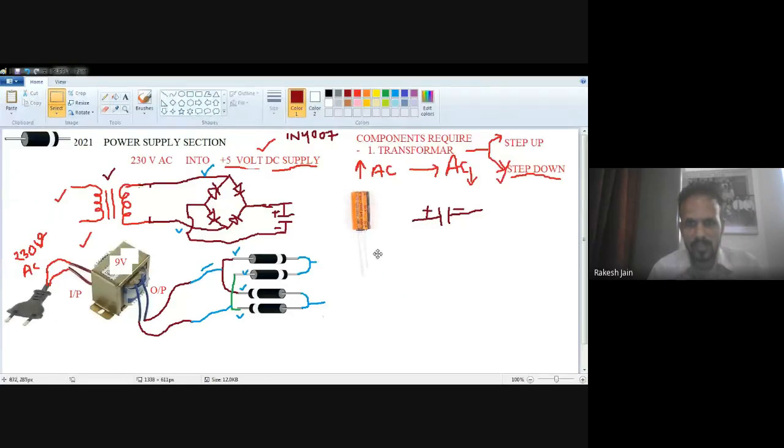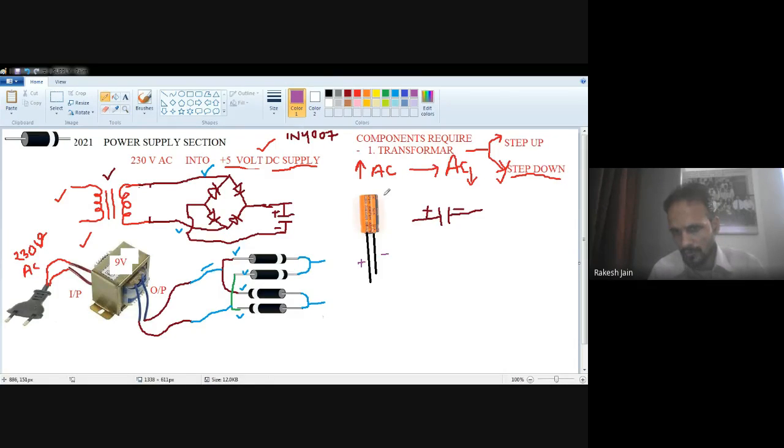Yes. So this is the symbol of a capacitor in which the long terminal, I have already told you, this one, if you are able to see on the image, otherwise I just make a dark image over there. So you will see there are 2 pins. You will always see 2 terminals of the capacitor. One is a long terminal and one is a short terminal. The long terminal is always positive and the short terminal is always negative. This one is plus and this one is minus.